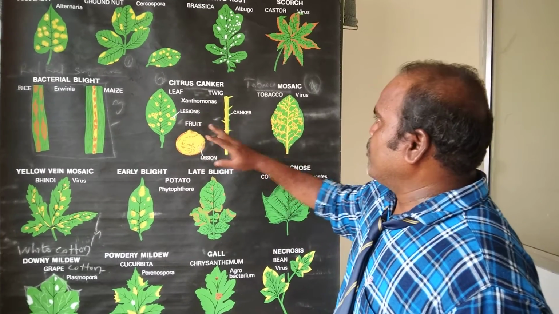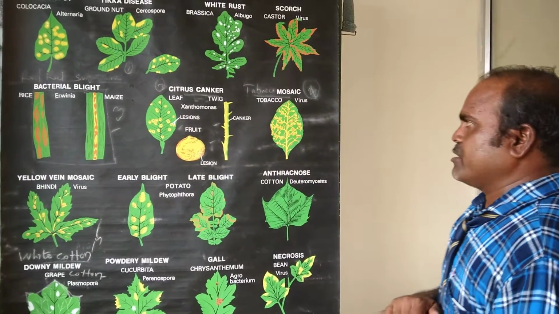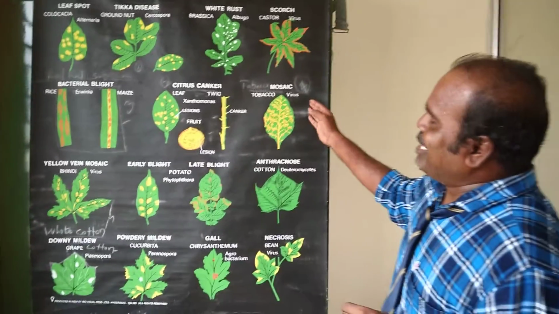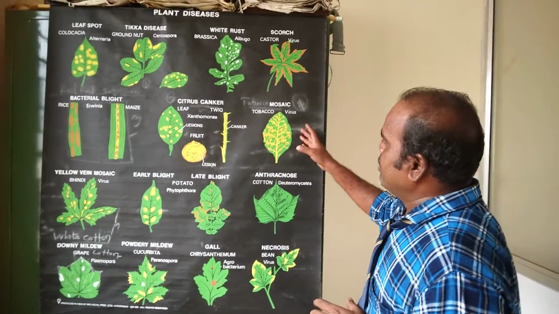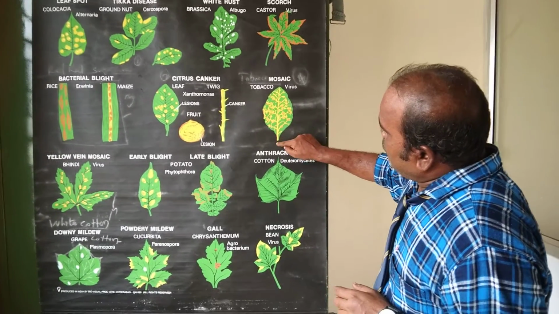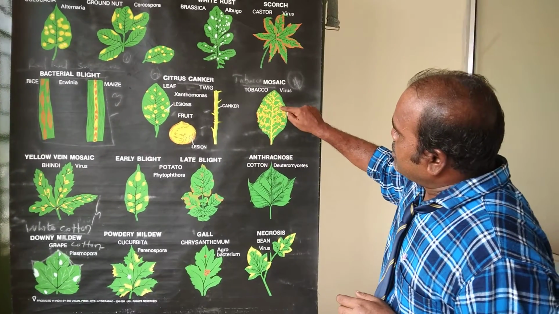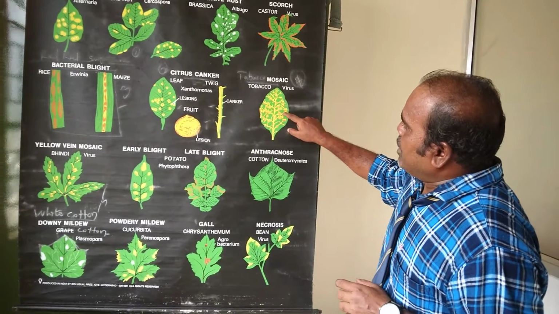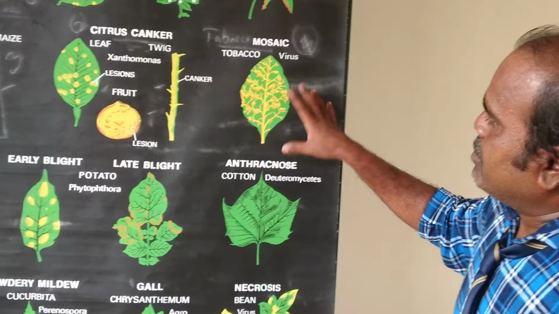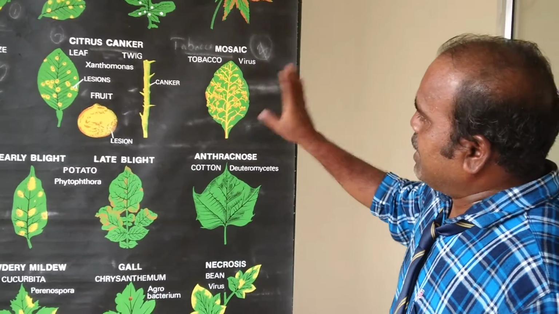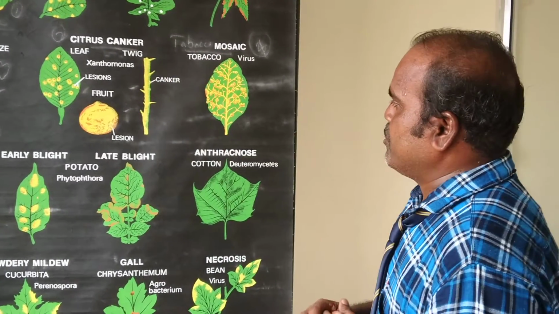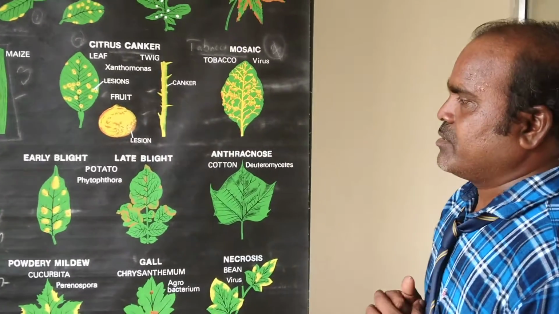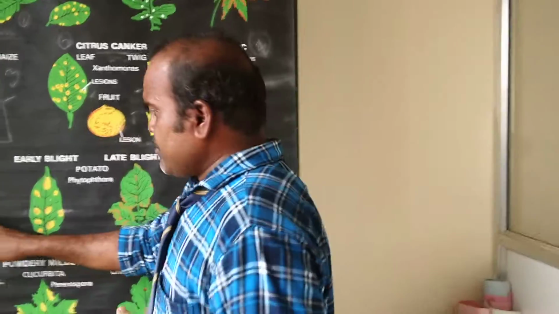Then followed by mosaic virus, tobacco mosaic virus. Tobacco is utilized in one of the drugs. The causal organism is a virus. The dorsal view is affected with different colors, yellow as well as pink. The morphological characters of tobacco mosaic virus are different from the previous plant species. Then followed by yellow vein mosaic virus. Okay, so even the petals as well